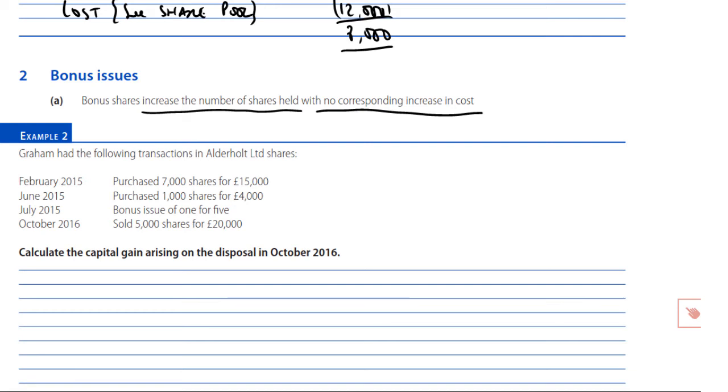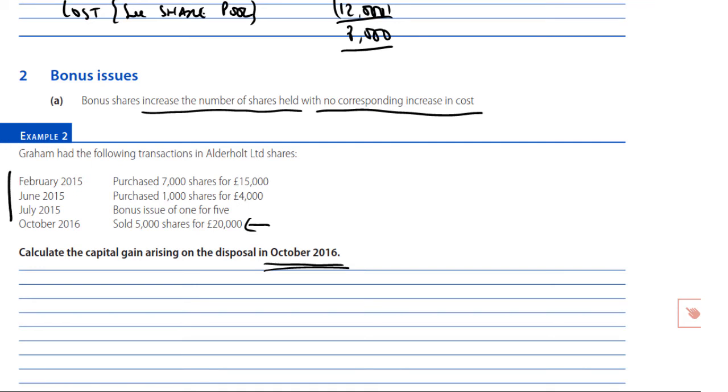So it's just another add-on to the share pool. Let's see very quickly how we do that. Nice simple exercise. We've got to calculate the gain on a disposal in October 16. There's our October 16. Now, looking around that date on the list of the shares acquired, we can very quickly